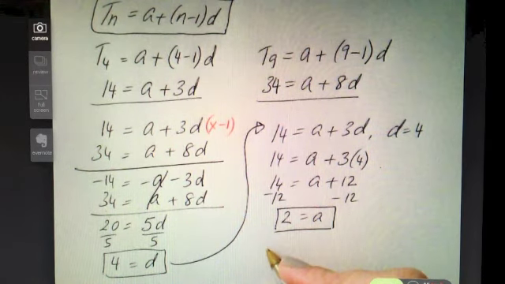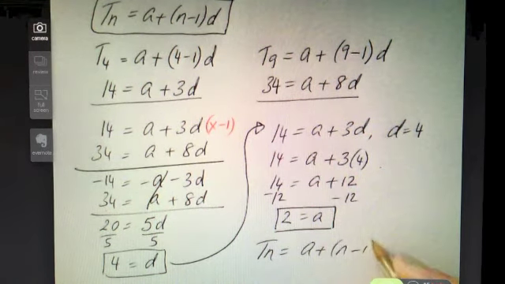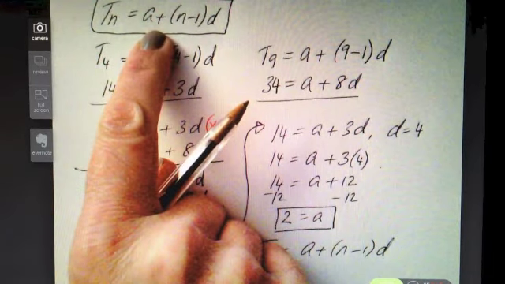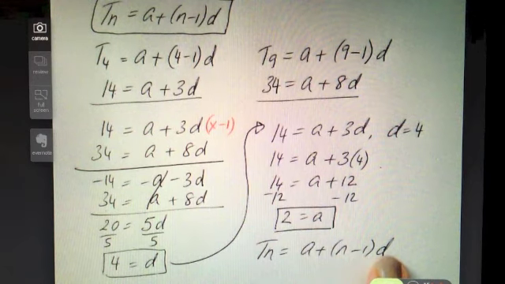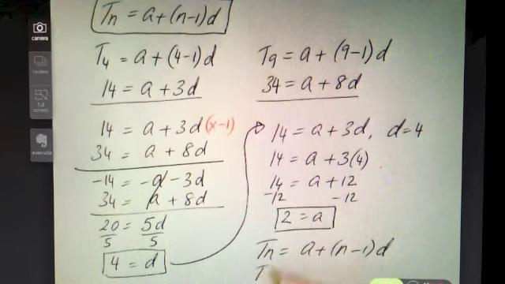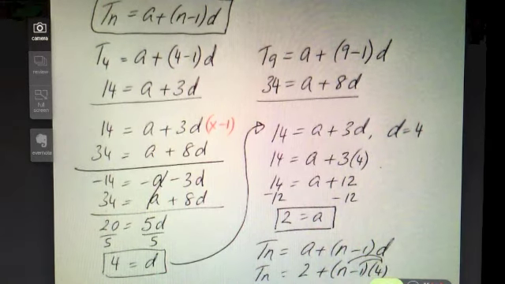So the 13th term, well, let's see, go back to our nth term from our log tables up here. Do you remember that? And now I know exactly what I'm filling in for the A and exactly what I'm filling in for the D. So I'm going to be able to get the nth term, and we already know that once we have the nth term, we can find any term we want. So if A is equal to 2 and D is equal to 4, remember we're going to multiply this out,